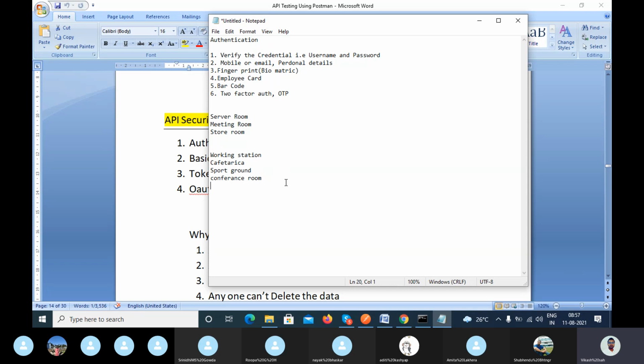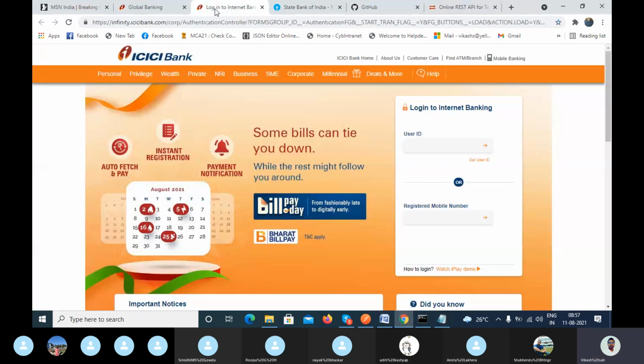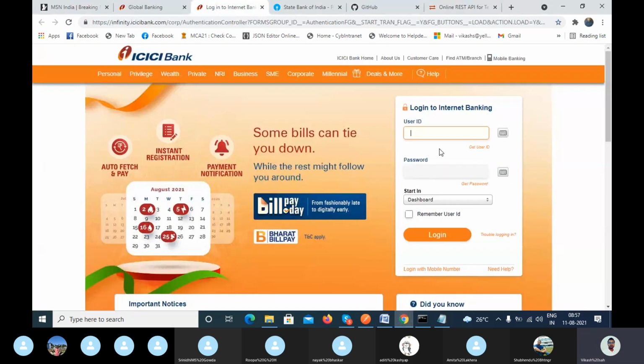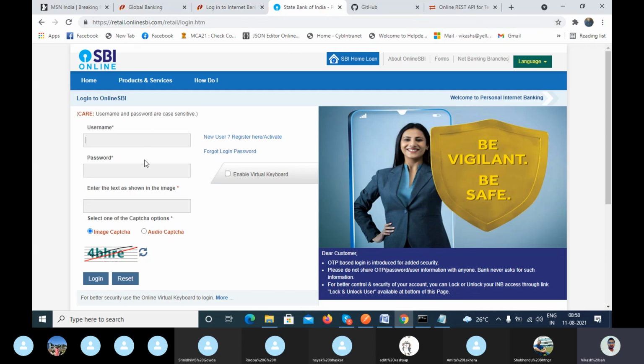Same thing in a different way I am asking. In real time, in the front end you have seen, you enter the username and the password and log in, right? So that is the authentication. If you enter the username, the password and the captcha, you can enter into your application.